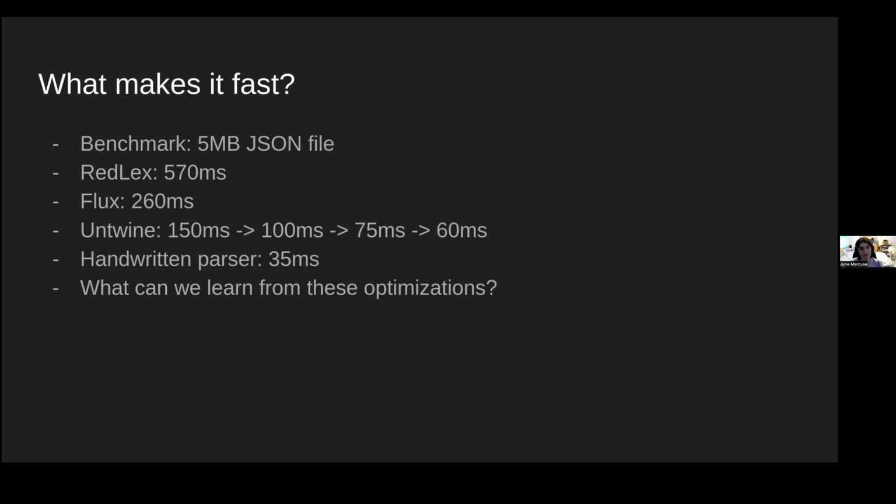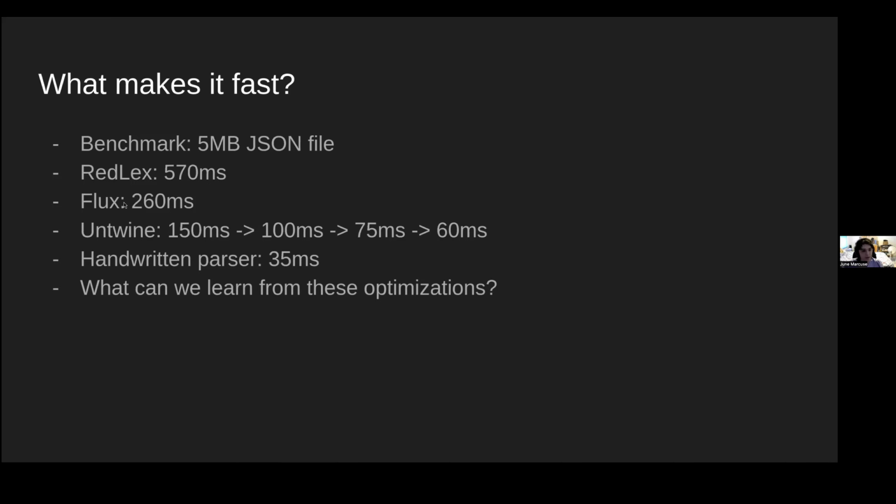So what makes it fast? And before we get to that, how fast is it? The benchmark that I used was a 5 megabyte JSON file. I benchmarked my previous libraries with this as well, and it's the same file for all of them. Redlex, written in Java, took 570 milliseconds to parse that JSON input.